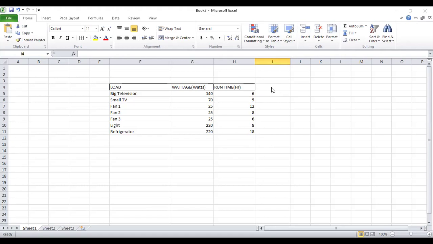So now, the next thing you'll be doing is you need to get the watt hour. You need to get the watt hour for these particular loads, which is simply gotten by multiplying the wattage times the run hour, or the run time. So enter. Once you do that,